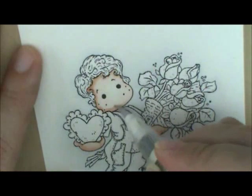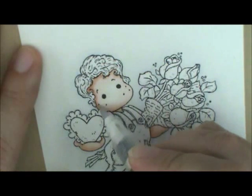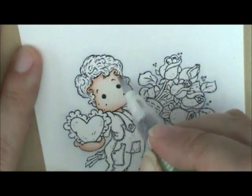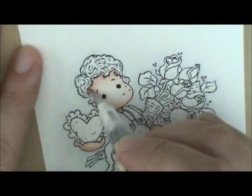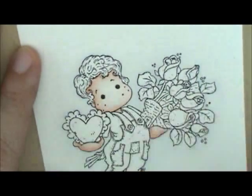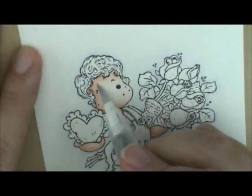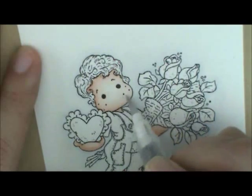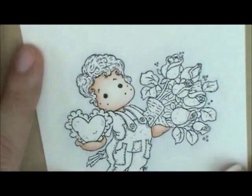And because his face is such a big area, I'm going to pull it out just a little bit further than I did for his arms or for his hands and his neck there. Okay, but I picked up a lot of ink, so I'm going to wipe my brush off and then come back and feather it a little bit more out here. Like that. And then we can go down here and we can add his second coat to his boots,